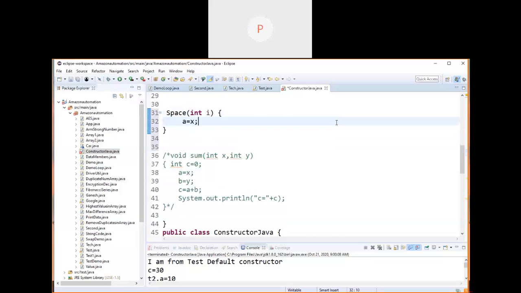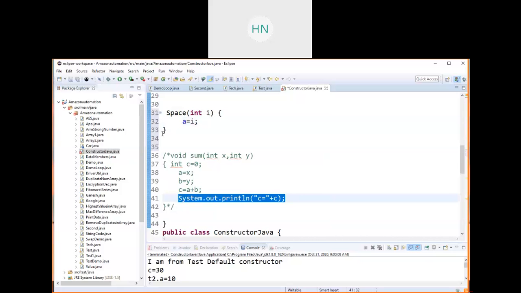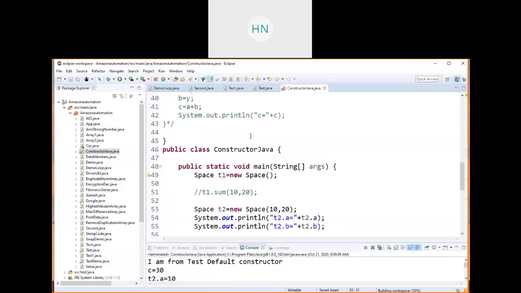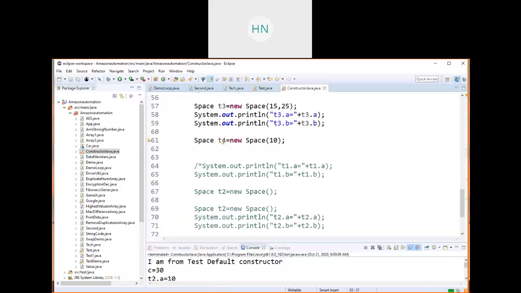So what I am trying to do, I am trying to assign one value here, A equal to, I am assigning, and I am trying to print a value. So what my constructor is doing, it is assigning one value. With respect to T4, suppose I am giving the value as 1000 here.